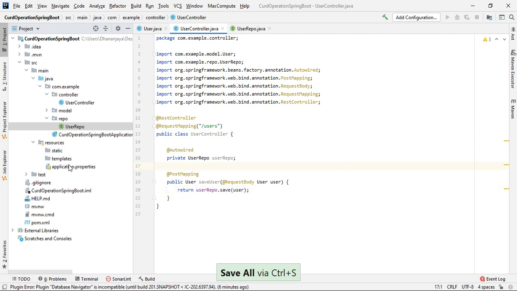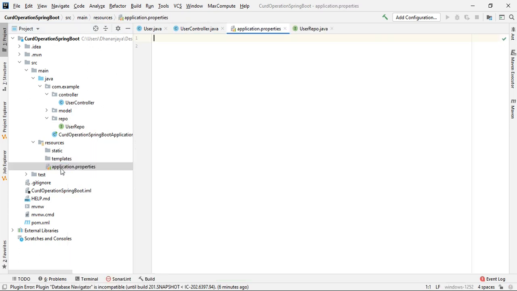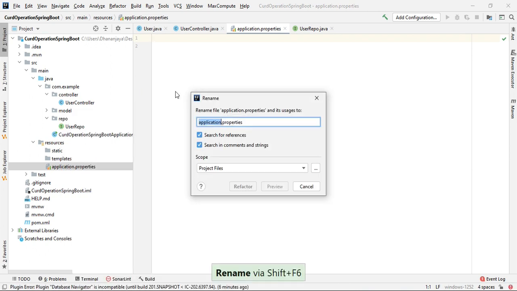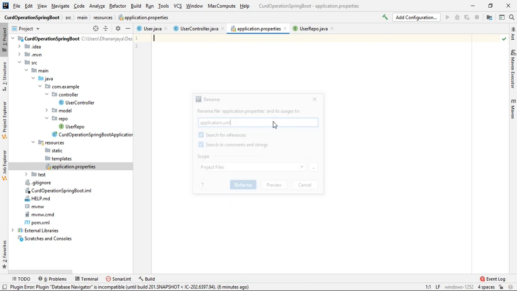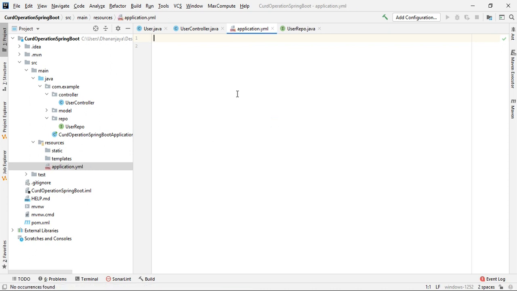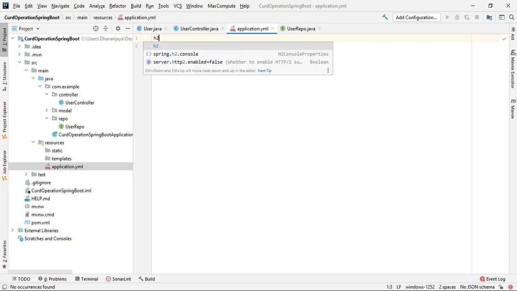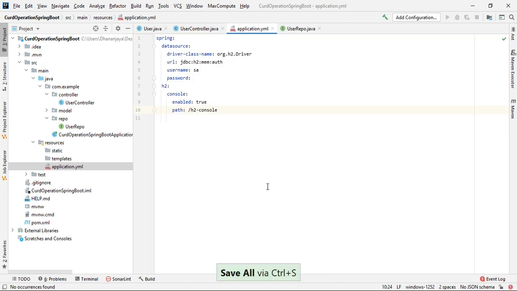Yeah. In the application.properties file, we need to add some properties. Let's change it to an application.yml file. It will be easy for us to add the properties. So I will use the H2 database. I have a live template for the H2. So this is the live template. So for the Spring datasource, I will use the H2 database, H2 driver here, and my database name will be, let's say, test. Username will be SA, and there is no password.